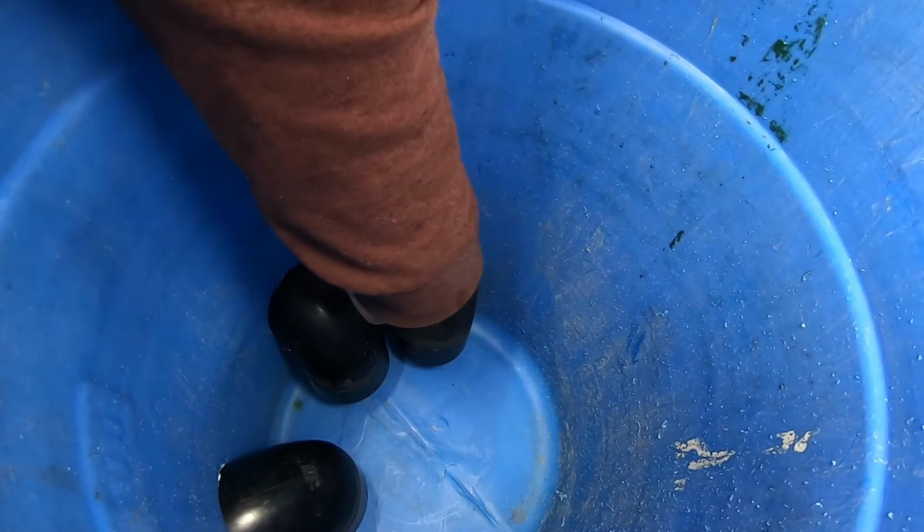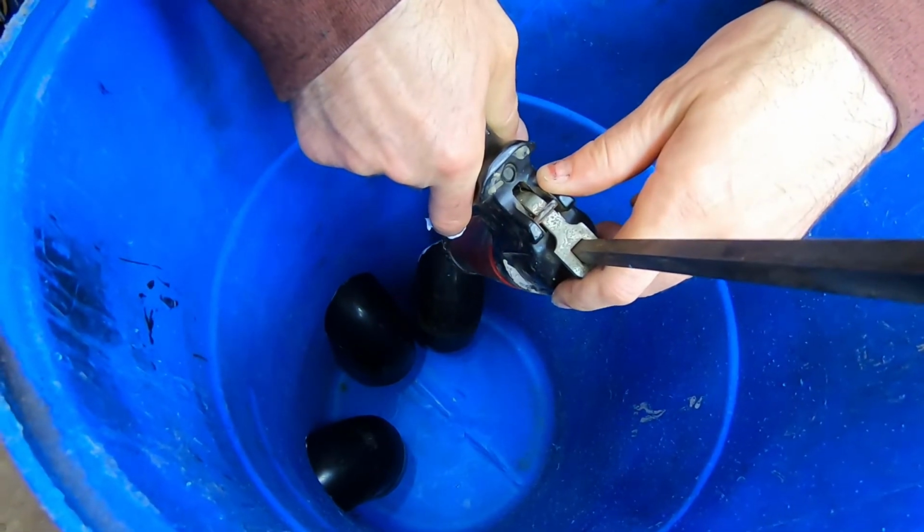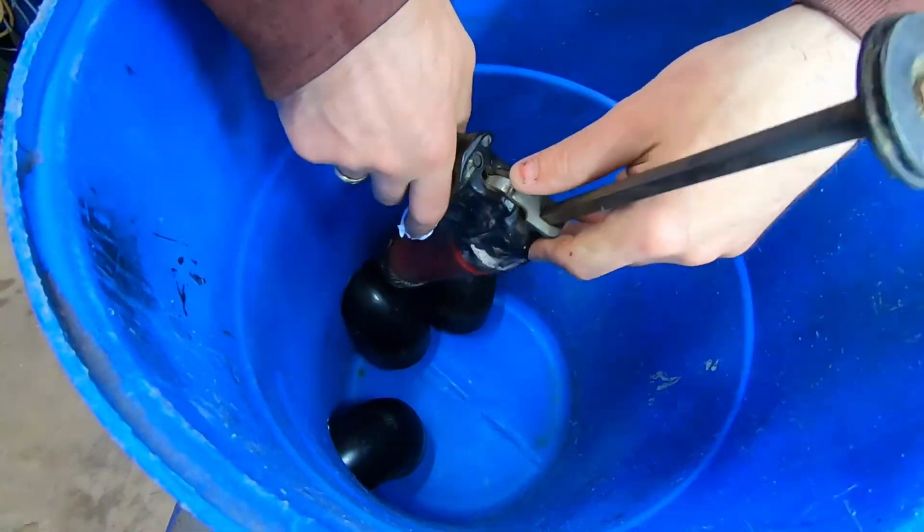There. And I'm now going to put some sealant on the inside. I can't coat it 360 degrees, but that's okay. If for some strange reason it...